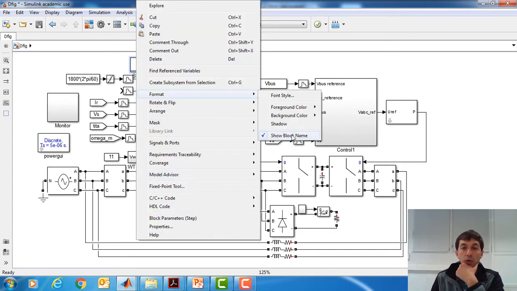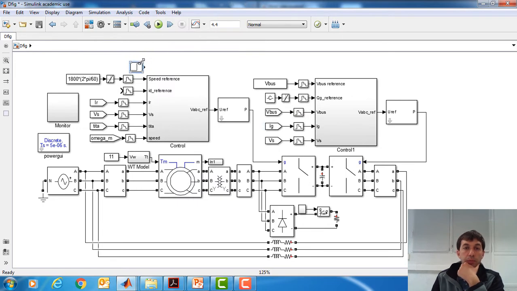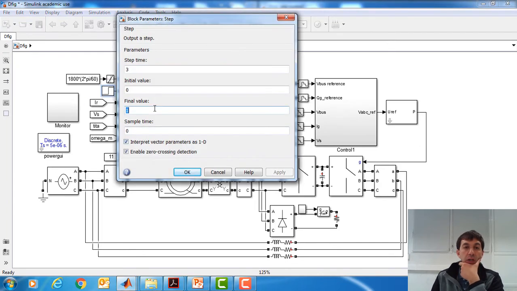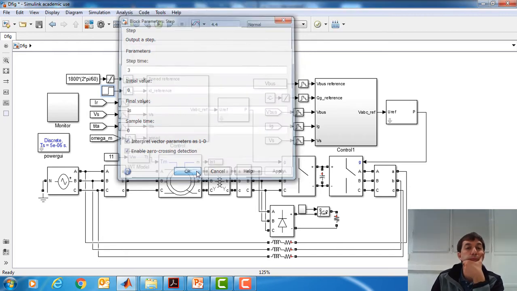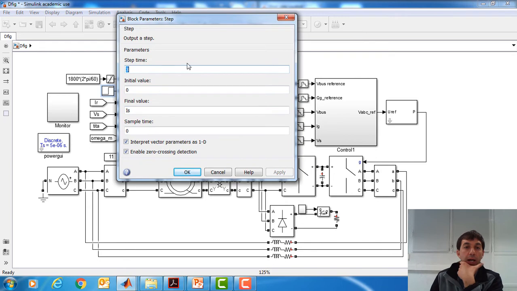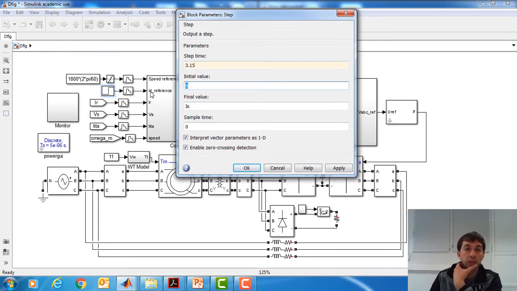Let's remove, as always, the name, and we connect it there. So here we are going to provide the total current, the rated current at time instant. For instance, we have said that at 3.1 we are going to disconnect the crowbar, so let's do some milliseconds later, 3.15 for instance. So initially we have 0 for this reference, and then we will provide the total amount